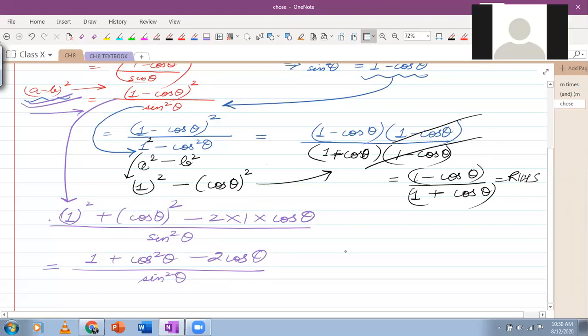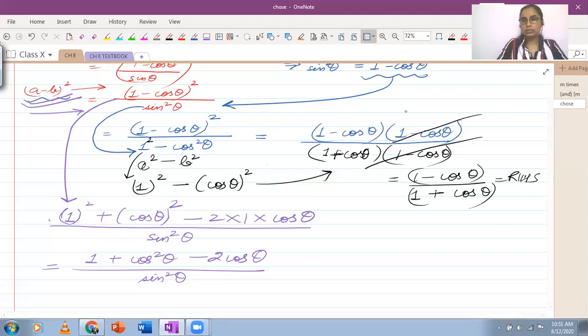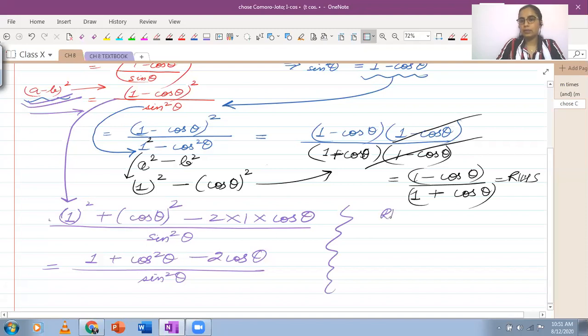Yes, ma'am. What I suggest at this point is leave this as such, because you have now tried working with left hand side, and this is where you reached and you are not able to think of anything which can be done at this point. So what I can do is left hand side पे मैं जितना काम कर सकती थी मैंने कर लिया. What I'm going to do is now use the right hand side and see if I can do anything about it. So this is my right hand side.